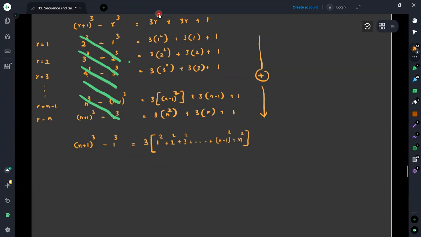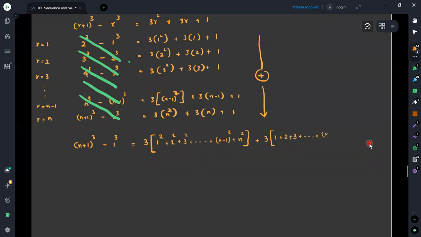This is the set of values that we are taking as the summation of this set, and thereafter we can obtain the summations. Here also we can see that 3 is common for all. Then I will take 3 out of this. Then I will take this as 1 plus 2 plus 3.